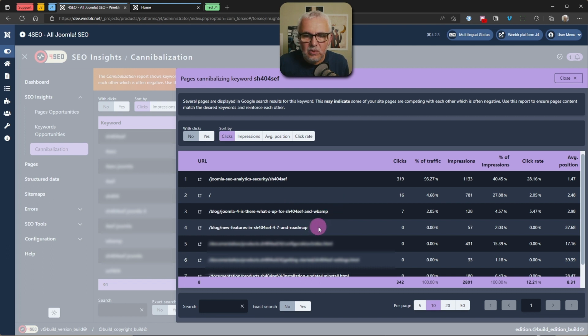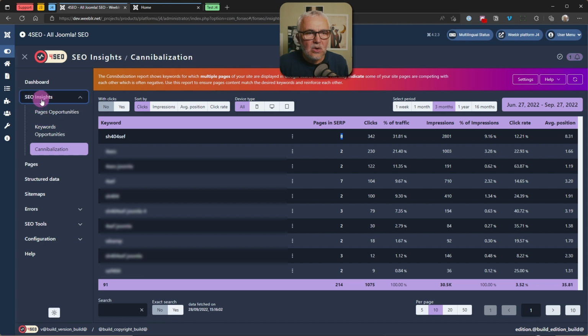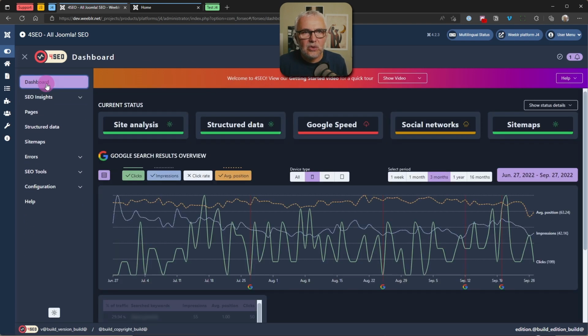And I can see here that we have these 2 pages from the blog, which are articles about SH447, and they are probably eating up and competing with our main page. And probably I want to do something about that. Things you can do are change your internal linking or change the wording in these pages so that they compete less with the main product page. Okay, that's just an example of the kind of problem these reports are going to help you identify based on real world Google data. And so with that, I'm going to conclude